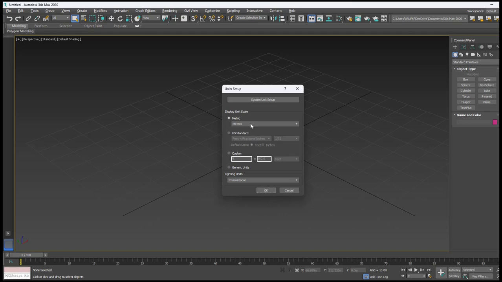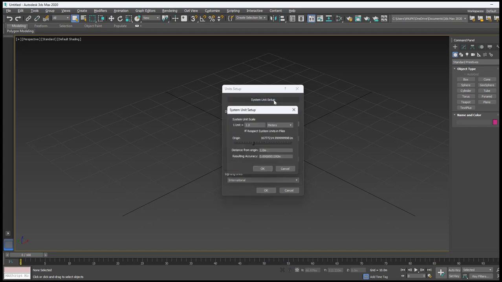If you are going to work in meter, millimeter or centimeter, make sure you click on the metric unit and expand it. Click on millimeter, centimeter or meter depending on the requirement. Now I click on millimeter. In the same way, in the system unit setup you can check the unit.